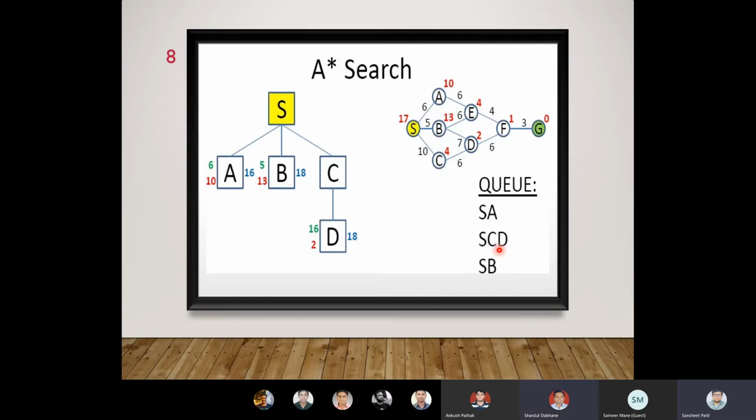D would get selected if it is an optimal value, but here A is more optimal than D as well as B. So A will be getting selected right now, as the algorithm is searching only in the open list, and the open list has only three nodes, that is A, B, and D, and respectively A has a value of 16.